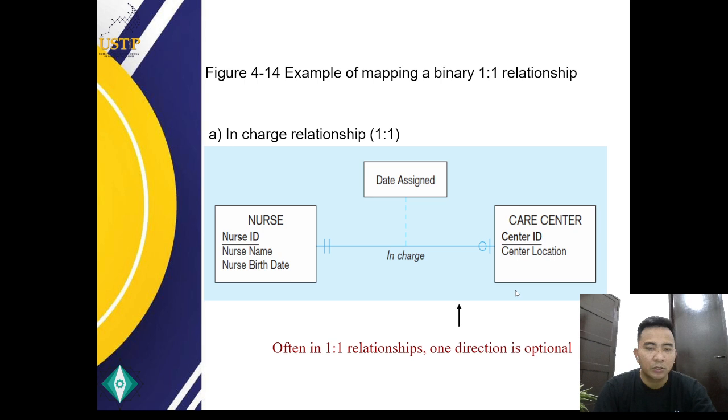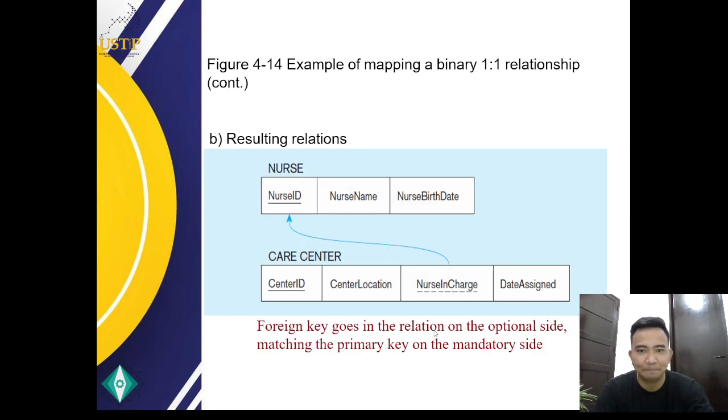In the care center entity, we have the center ID as the primary key and the center location. Take note that the foreign key is dependent on a primary key.